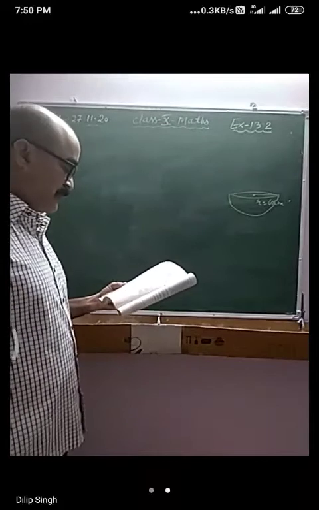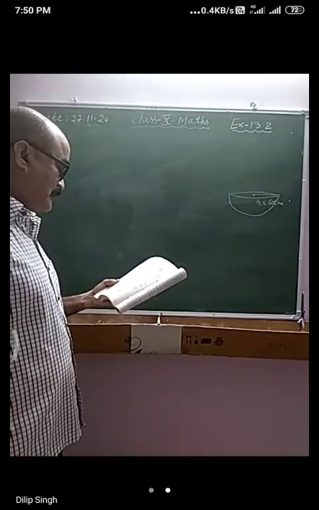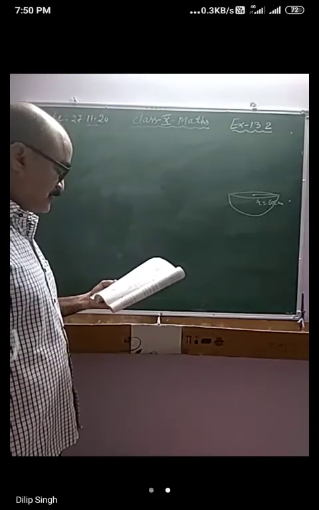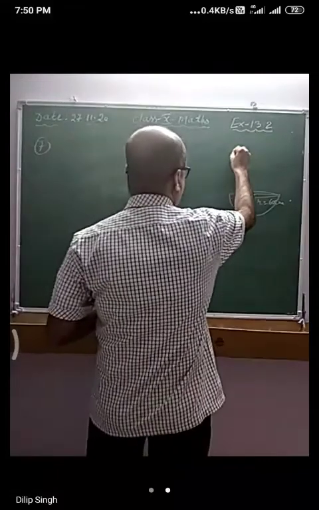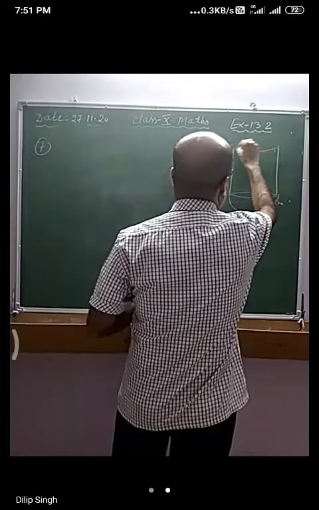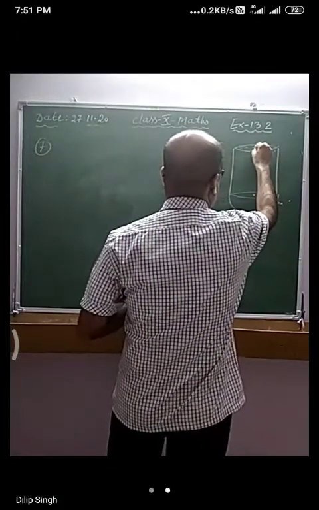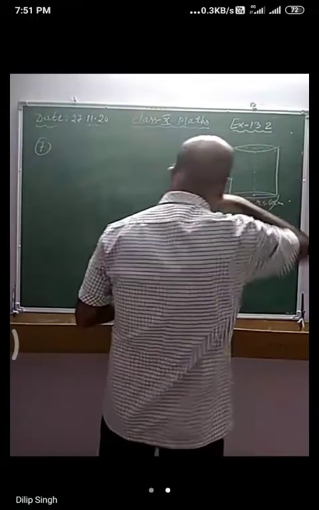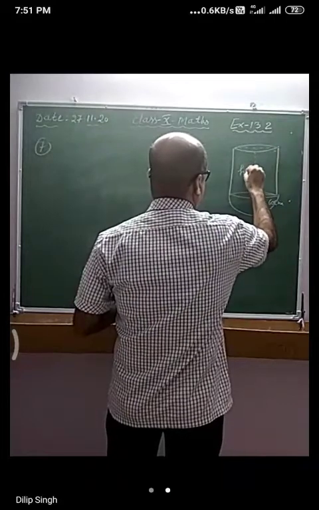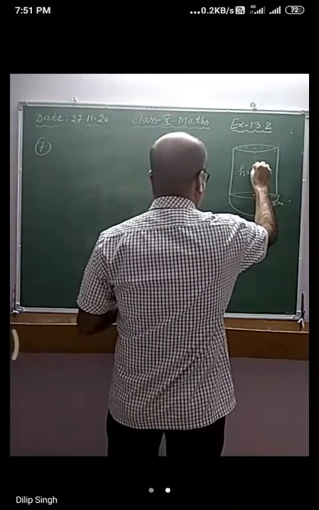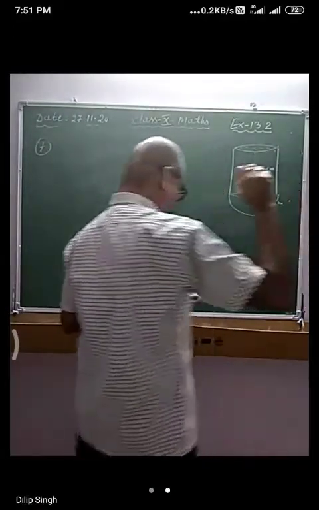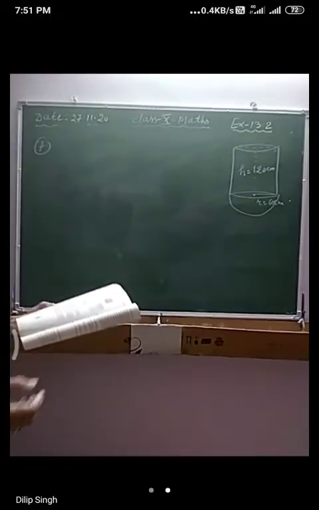Okay, and a solid consisting of a right circular cone of height 120 centimeter and radius 60 centimeter is standing on the hemisphere. Now on top of this one cylinder is surmounted, right? And its measurement is also given. So its height is h. Suppose h is equal to 120 centimeter given, and the radius of this will be the same, right? Because both are having the same base.